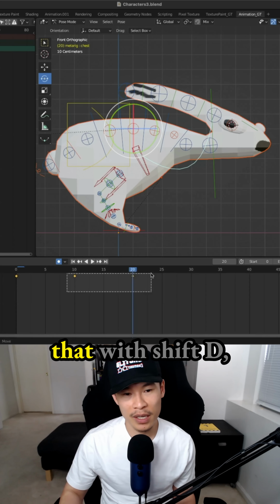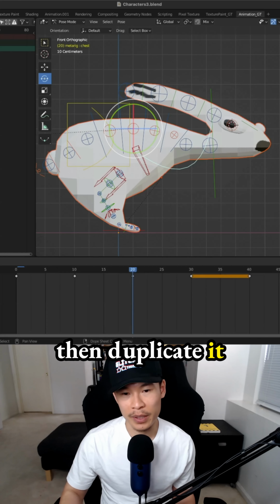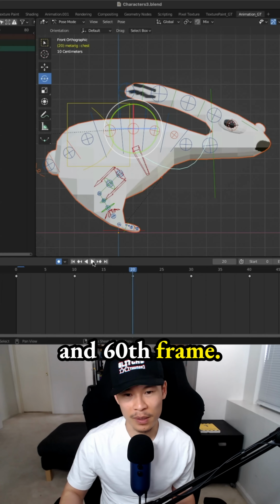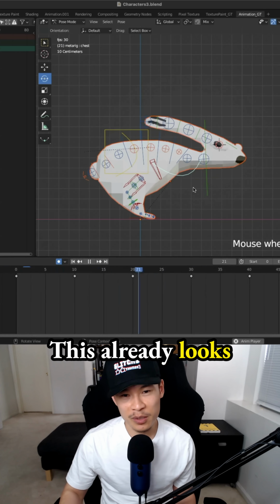We can just duplicate that with Shift D, duplicate that for the 30th and the 40th frame, and then duplicate it again for the 50th and the 60th frame. You can see now when we press play and then just review our animation, this already looks pretty cool for